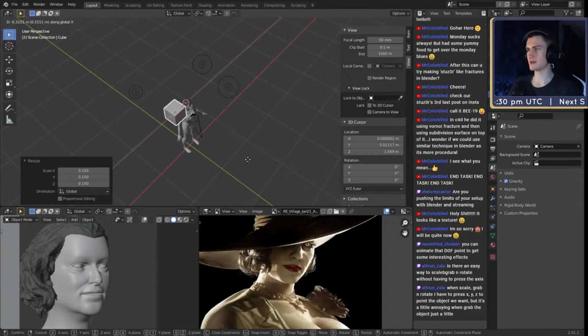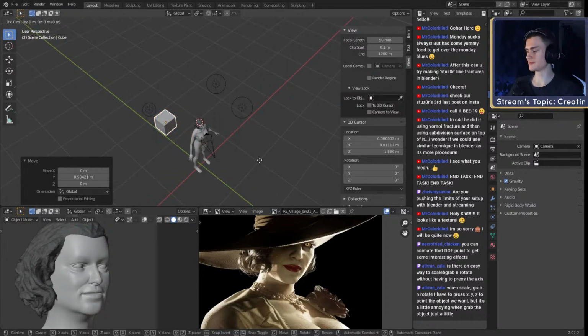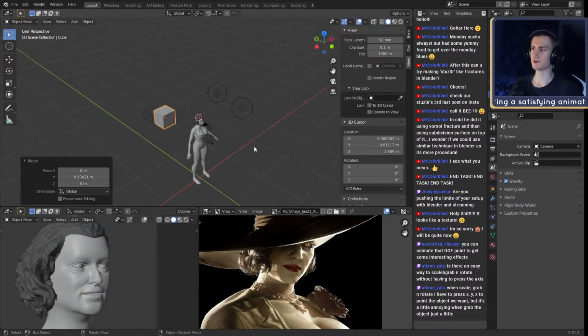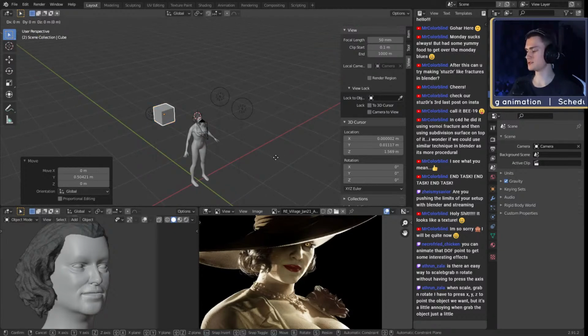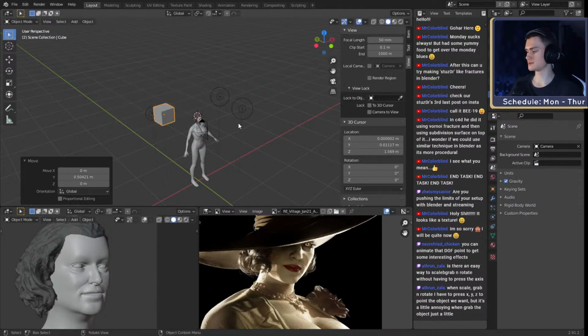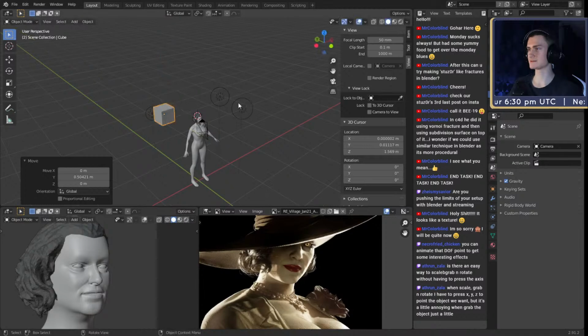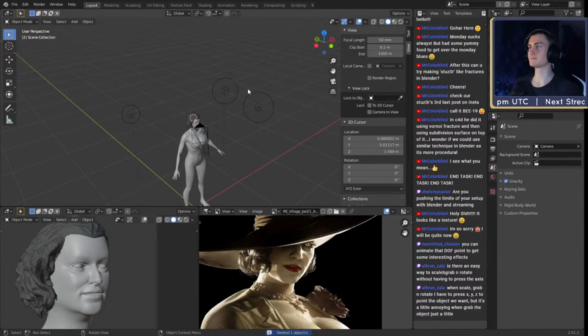You don't have to press X, move it over here, and then Y, G Y, and move it over there. You can press G, Shift, and Z, and now you move it on everything except the Z axis. If you want to move it on the X and Z axis, you press G, Shift, Y, and there we go. And the last option, G, Shift, and X, we move it on everything except the X axis, if that's what you mean.